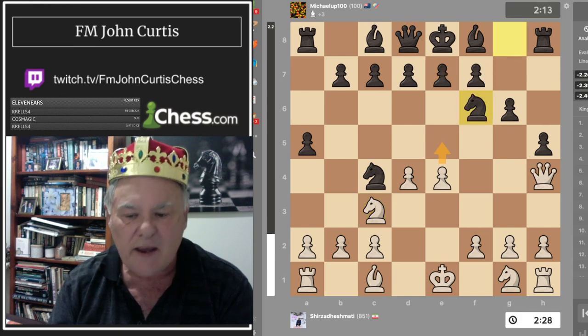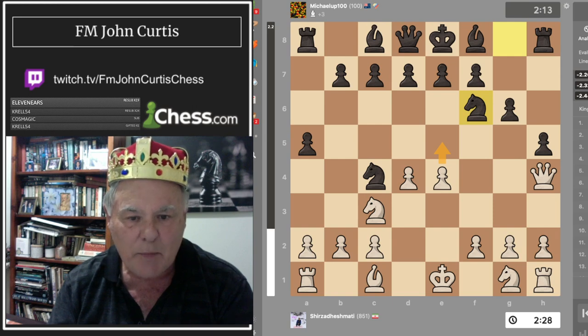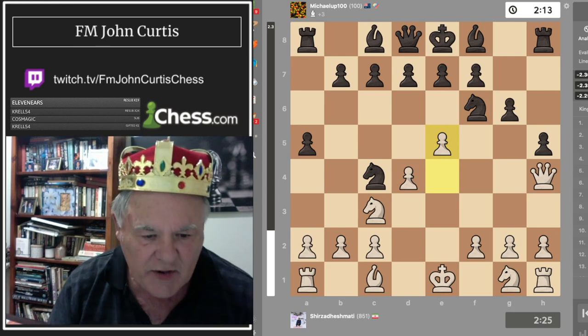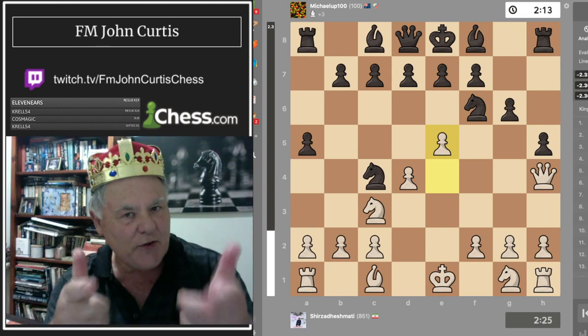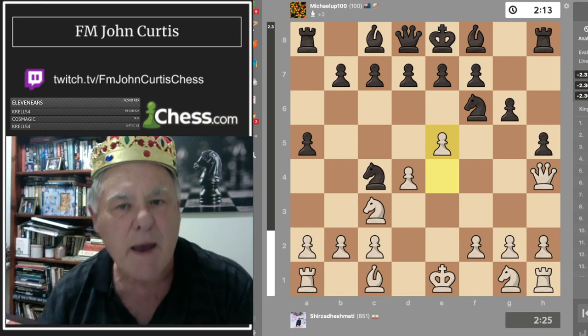Okay, so knight to f6 is played, and now he's developed a piece. Now, as I say, pawn forwards looks like the logical move, hitting a knight. Oh, great move. Shirzadheshmati, you've still got it, son. Well played. Okay. Oh, talking about clowns,